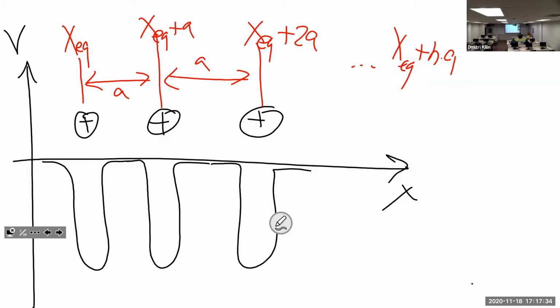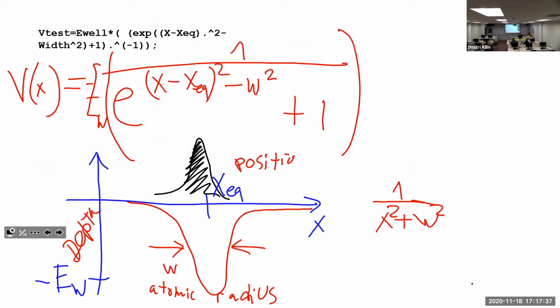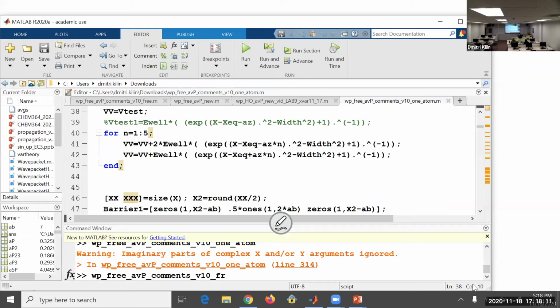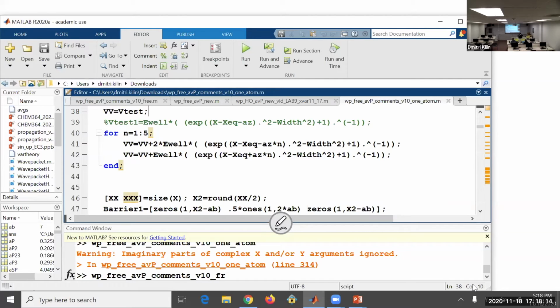So basically, we want to put this in the equation for the potential. I need to have minus N times A, where N is the index number of an atom, A is the increment distance, and here I need to have a summation over all atoms. Okay. So let's go back to the method and look here.